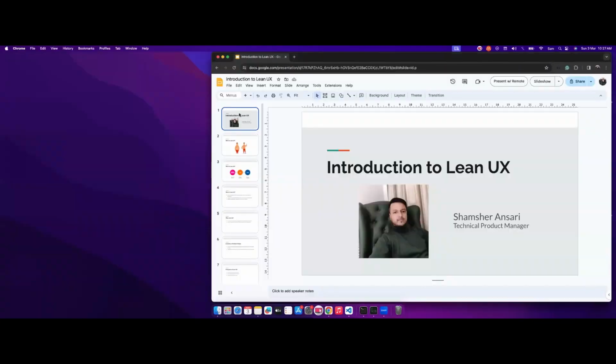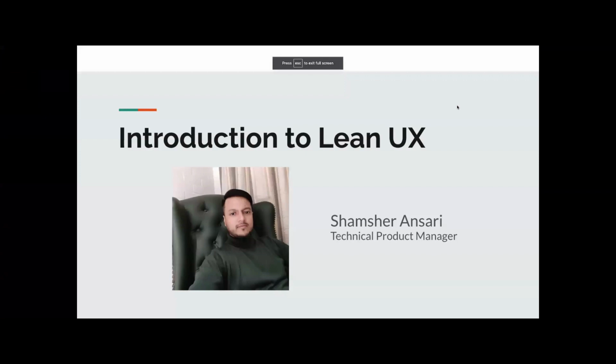Okay, let me start with my presentation. I just created a couple of slides, not better than you, but just a simple diagram, right? So like Abdul mentioned, we focused on customers, we focused on outcome versus output. Now, the whole idea of this Lean UX book is to understand why we need to focus more on user experience instead of just producing the output, right?